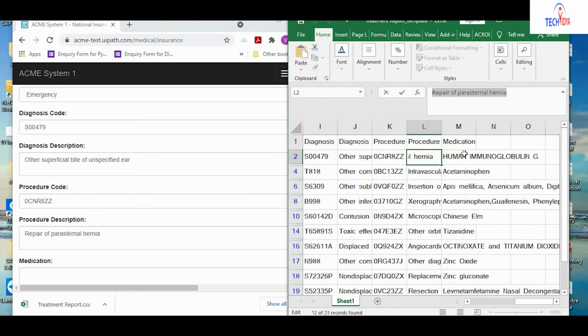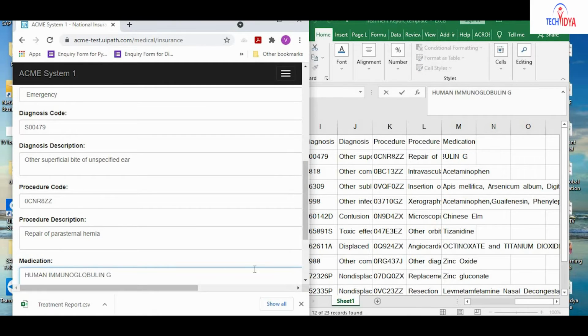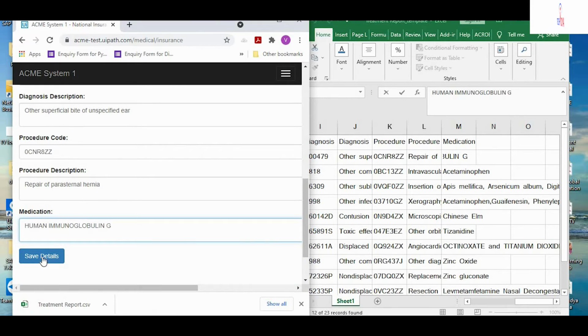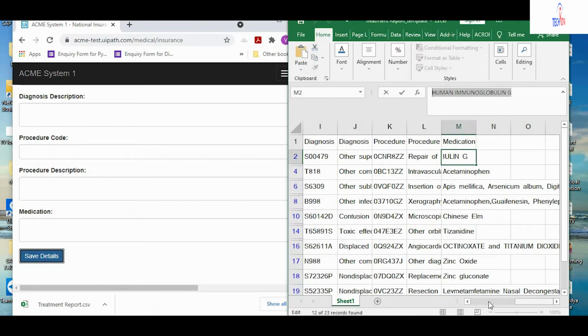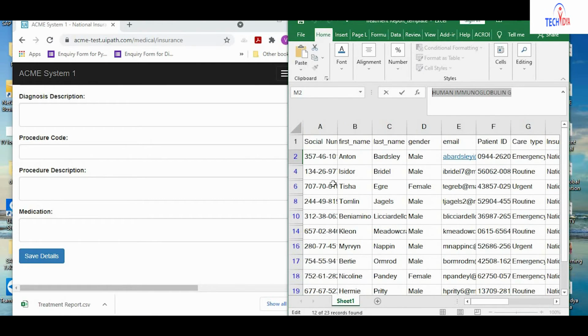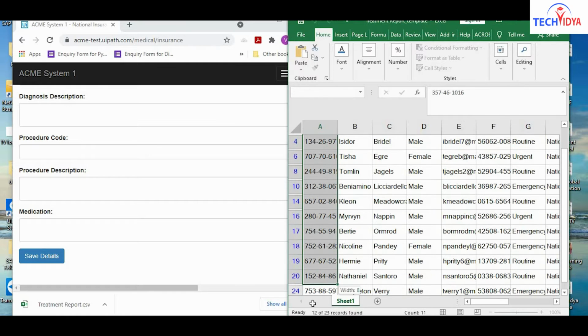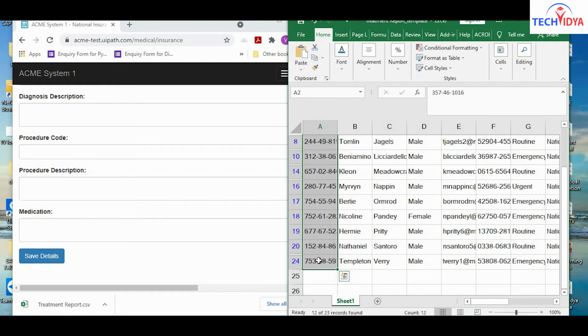That means all the fields that are required for the form. And after that he has to save the details, and he has to repeat this activity for all the persons. If we count them, there are 12 persons who come under the national policy. So he has to enter these details one by one into this sheet.